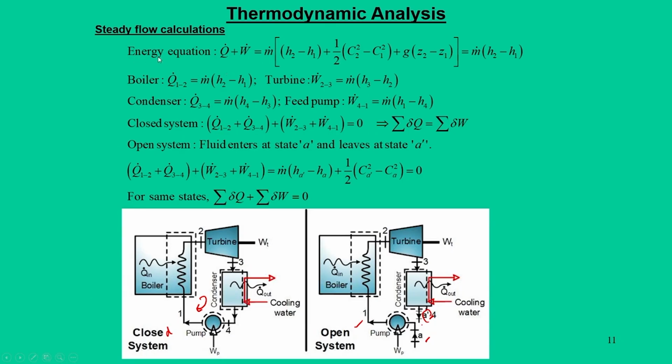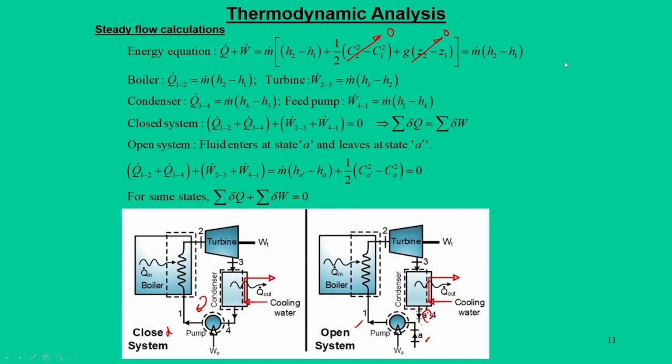Now, if you recall the main steady flow energy equation, involving heat transfer, mass transfer and enthalpy difference, as well as kinetic energy changes and potential energy changes, what we assume is that since it is a power producing device, we will neglect the changes in kinetic energy and potential energy. These two terms get neglected in comparison with the enthalpy term, because their contribution is very small compared to the enthalpy difference. So, the main equation boils down to Q dot plus W dot is equal to m dot into (H2 minus